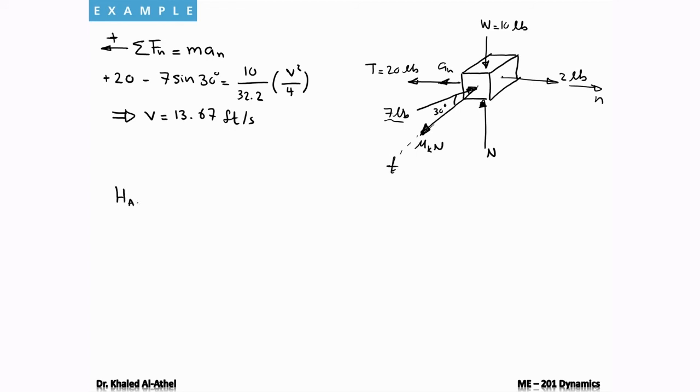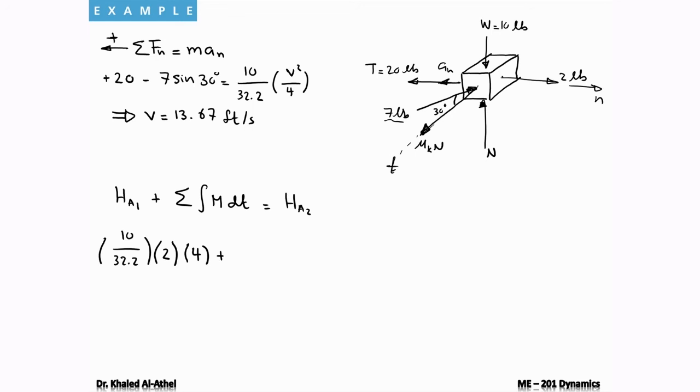Now I can apply the principle of angular impulse and momentum. H at point A1 plus the summation of the integral of M dt should equal H around A2. Now for HA1, I know the mass is going to be 10 divided by 32.2, so m times velocity, which is 2, times the perpendicular distance, which is 4, in this case r, so mvr, plus,